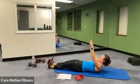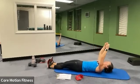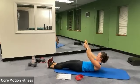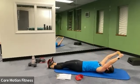Exhale. Roll maybe just another inch higher, hold. And inhale back down. Good. We go another inch higher. Exhale, exhale, exhale. And inhale back down. All right, I'm going to have you ditch the band for one moment because I want